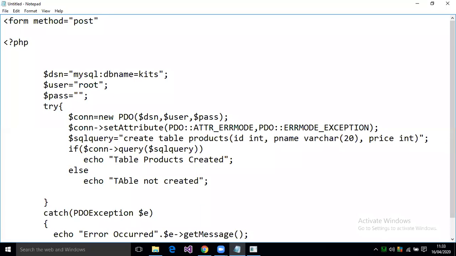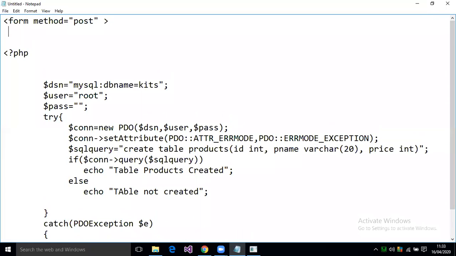No need of any action because by default the action will be performed here itself. Input type equal to text, name equal to id or PID, meaning product ID.